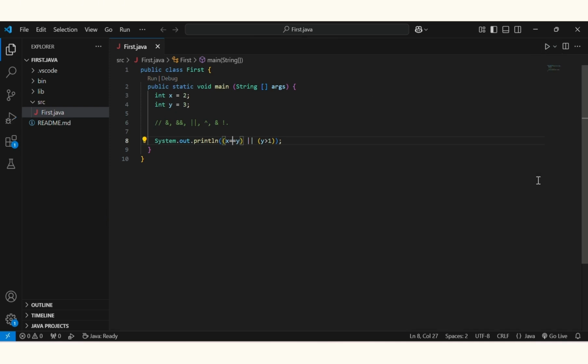The only way the or statement, as I've said, is going to output false is if both are false. So if I say y is less than 1,